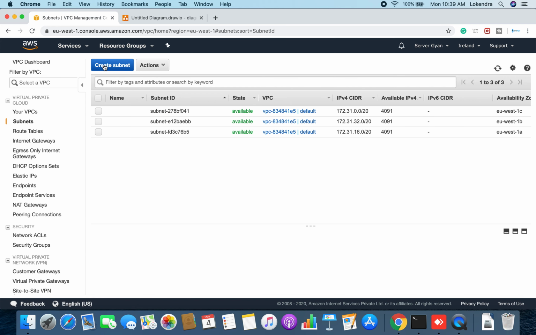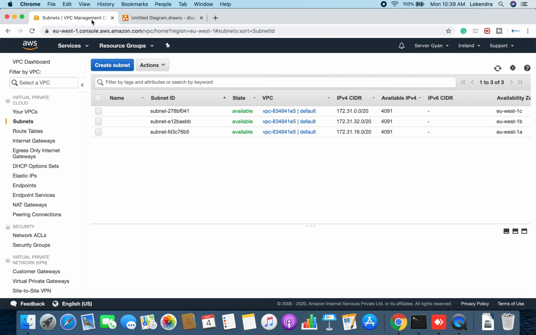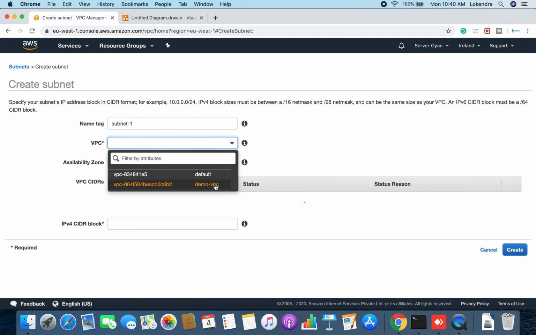Okay, so now what I need to do here is create subnets. So where will I create the subnet? As I have already defined, these are the subnets which I'm going to create. You can pick your own. It could be 11.0, 111.0, or 222.0. So whatever subnets you want, you can have. Okay, so I'll create some subnets here. First of all, I'll name it subnet 1, and I'll create this within demo VPC.